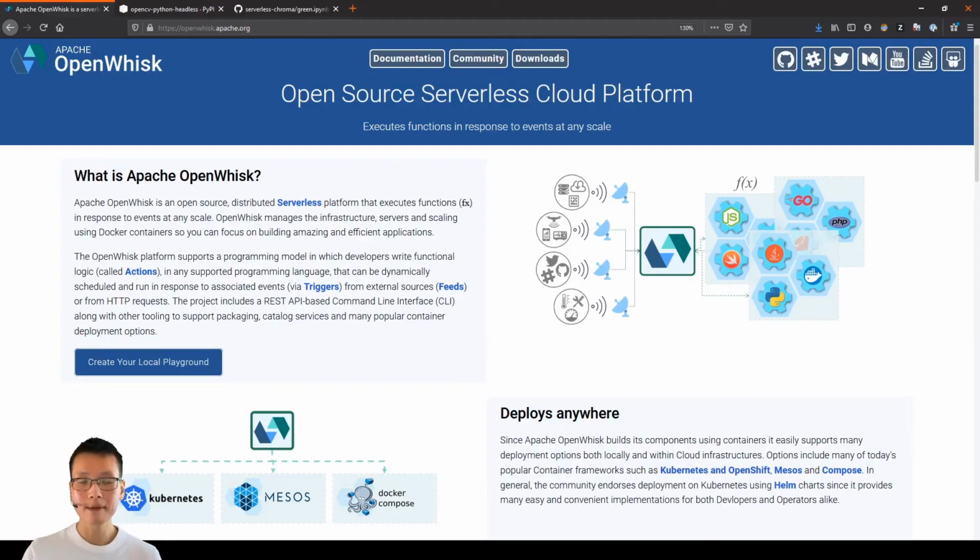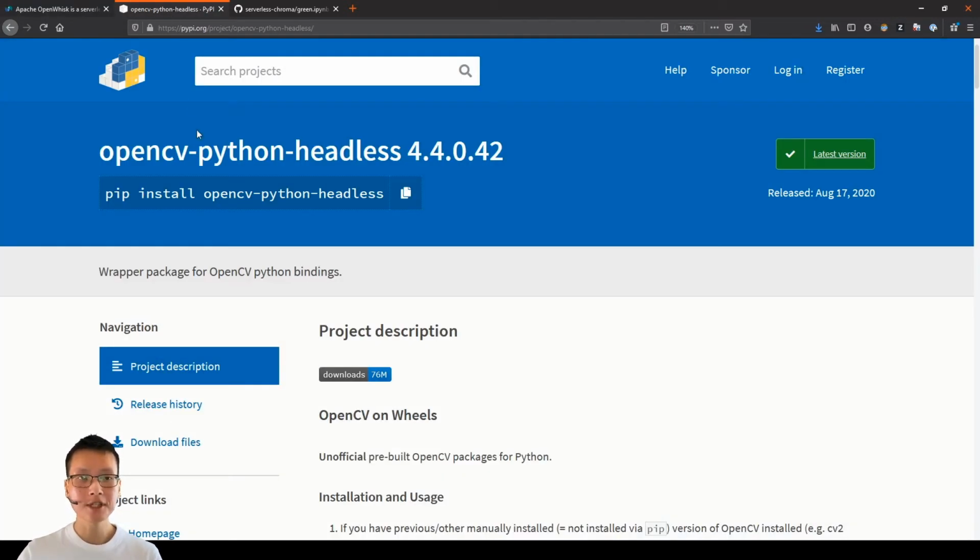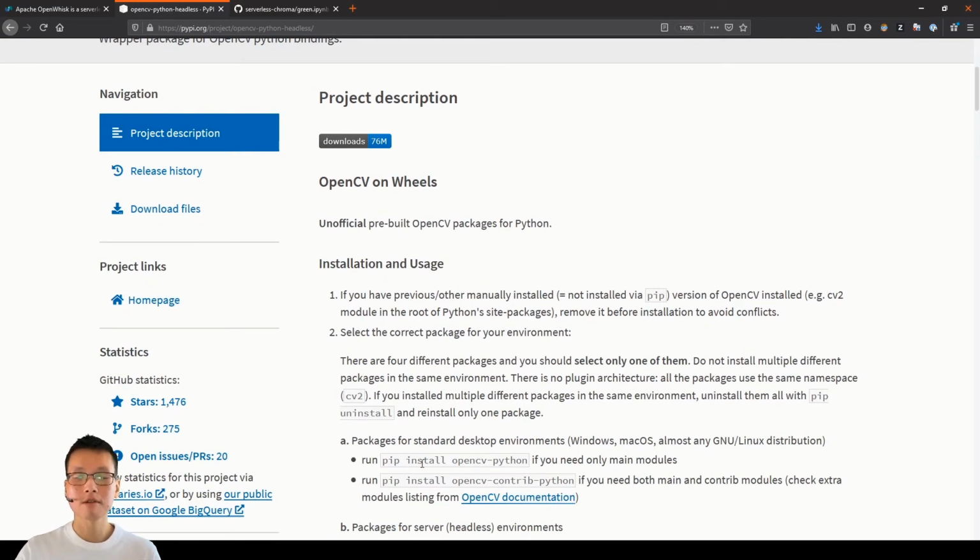The cool thing about Apache OpenWhisk is that it can run Docker containers. Yay! So for this particular project, when running a function, or an action in this case, I'm using the OpenCV Python headless version, which doesn't render the image input or output, so there's some savings there. But just to walk you through how the code works behind the scenes,